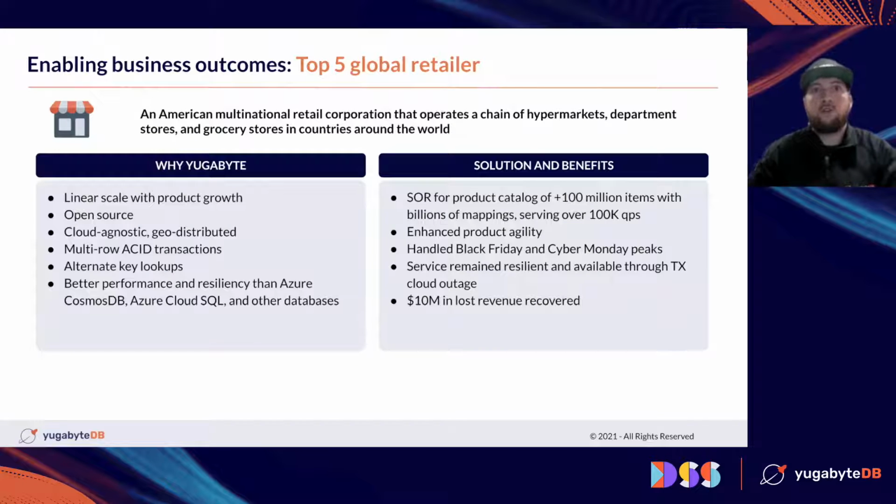One customer who is currently using synchronous architecture is a top 5 global retailer that operates stores across the world. Currently, what they use Yugabyte for is their source of record for their product catalog. The catalog has hundreds of millions of items that need to be queried hundreds of thousands of times per second. They also need to be able to handle the scale during those peak traffic times like Cyber Monday, Black Friday, and during COVID. COVID caused a massive spike in online sales, with many retailers saying it was basically Black Friday